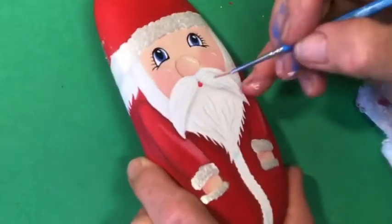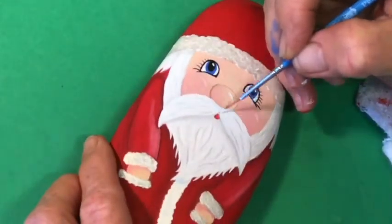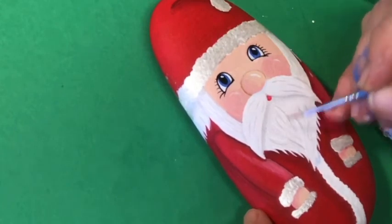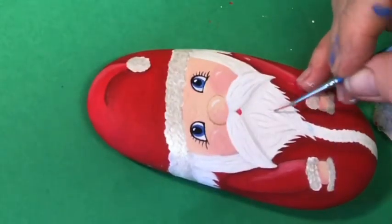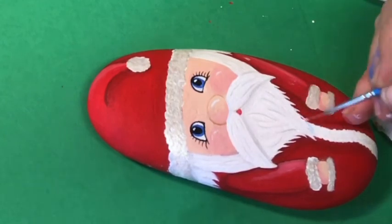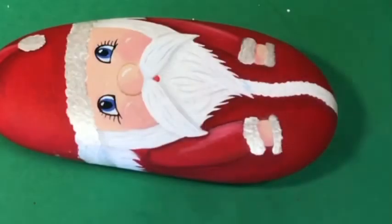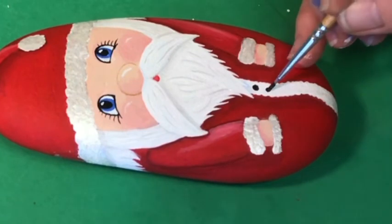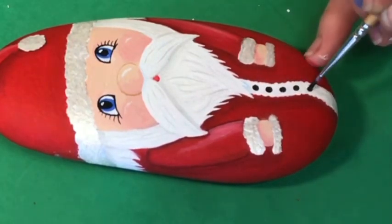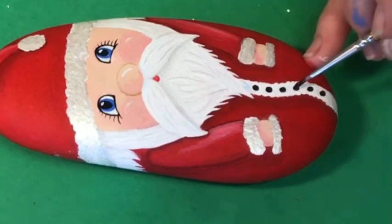Again, I'm going to add another little layer of bright white. Clean things up. Need some buttons. I'm using that number 2 round, and I'm just dipping it in the paint and dotting his